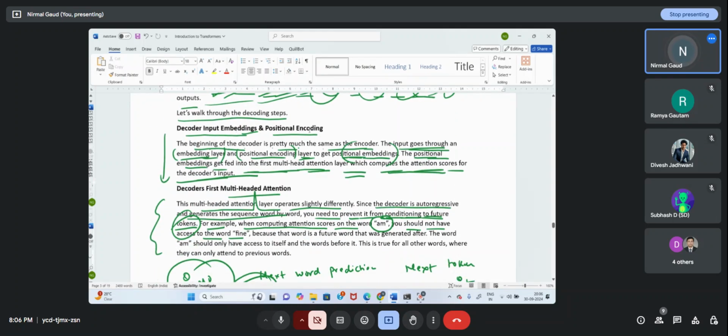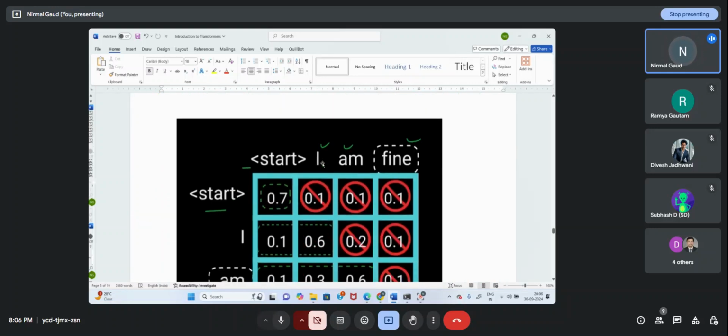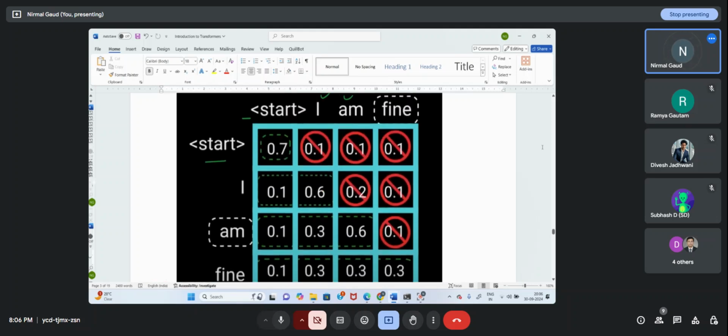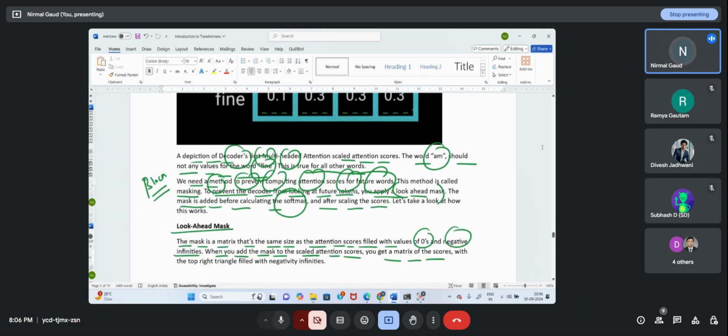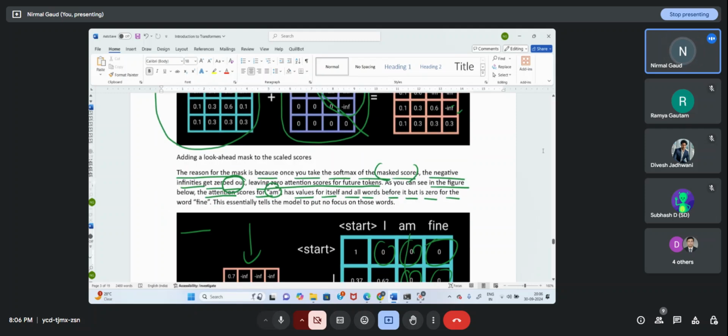डिकोडर में पहले इनपुट एम्बेडिंग, पोजिशनल एम्बेडिंग कर दीजिए आप, फर्स्ट मल्टी हेड अटेंशन जो है वो autoregressive and generates the sequence word by word, ये वर्ड बाय वर्ड जनरेट कर रहा है, ठीक है। You need to prevent conditioning on future words, future word prediction के लिए आपको रोकना पड़ेगा। तो पहले मल्टी हेड पर ये वाला टास्क, और इसके लिए क्या करा उन्होंने, ये scaled scores हैं, scaled scores किसके हैं, ये scaled scores हैं